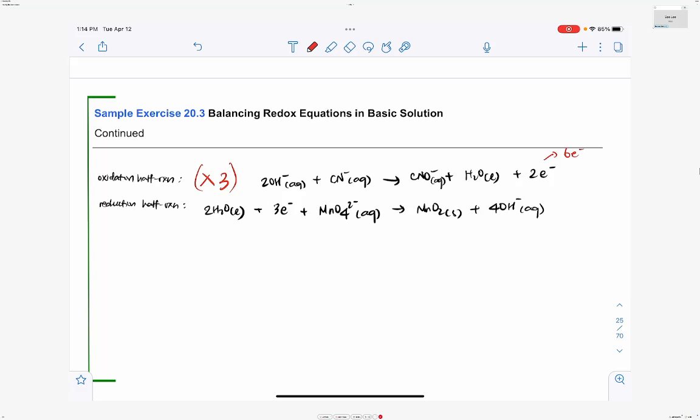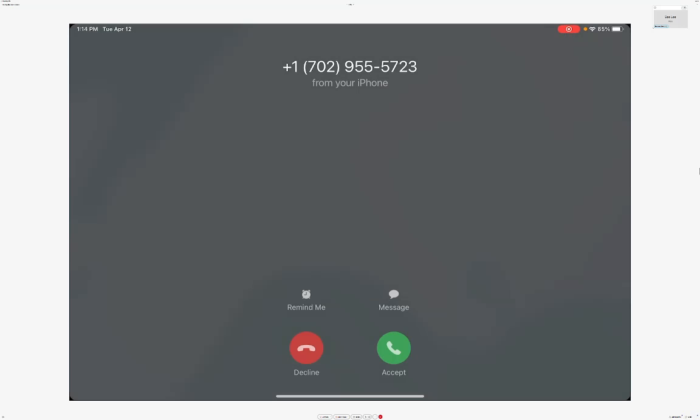And since the reduction half reaction gained 3 electrons, if we multiply 2 to the entire equation, we will be gaining 6 electrons. Then the electrons lost and gained during the oxidation